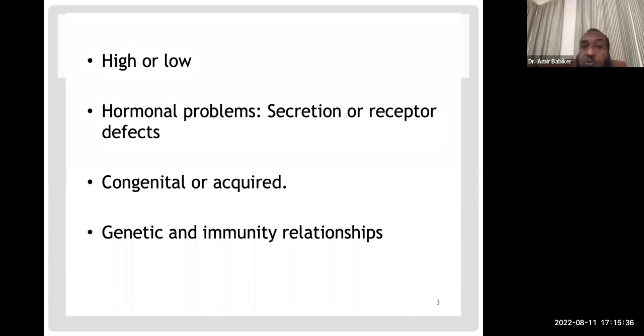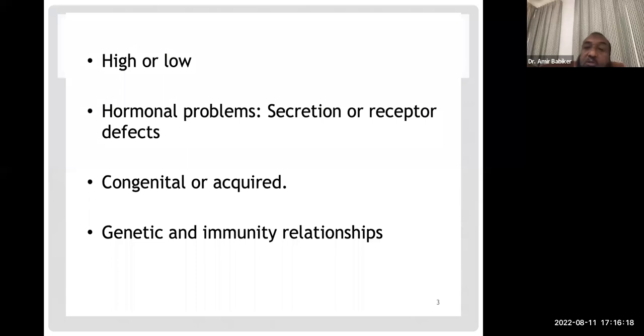This low can be a true low in the secretion of hormones, or a pseudo low. So you have pseudo hypoaldosteronism, pseudo hypothyroidism, pseudo hypoparathyroidism, etc. Pseudo means there is a problem at the receptor level. So you have an excess of the hormone, but it's not functioning. In the high we find high hormones, in the low we find low hormones, and in the pseudo or relative low we find that the hormone trying to stimulate the target organ is actually in excess but unable to work.